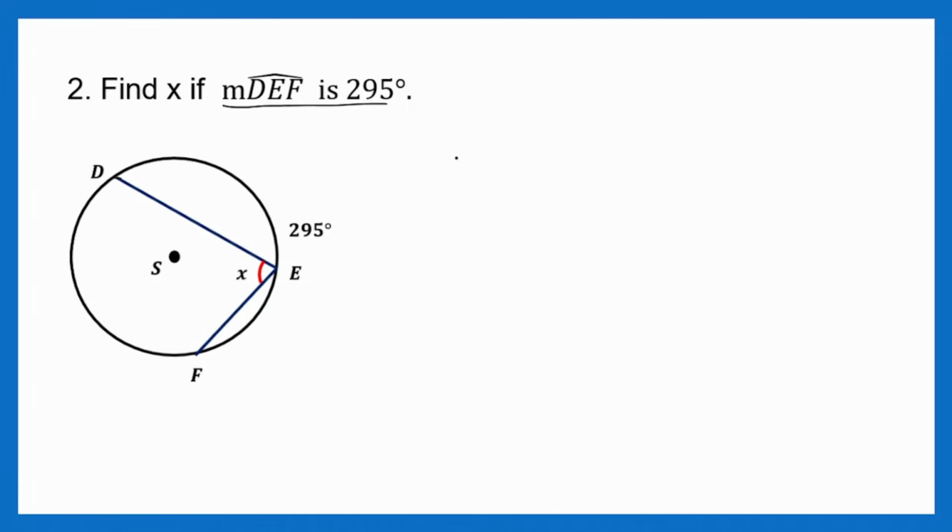Ito. So, ito yung magiging una natin. Ito yung solution natin. So, we have 360. Ito yung una mong gagawin, minus 295 degrees. The answer is what? 360 minus 295. Cannot be. Hingi ka sa 6, magiging 5. Naging 10, magiging 5. Hingi ka sa 3 kasi hindi na naman pwede. Magiging siyang 2. Carry 1, 15, 6, 65 degrees. Kasi ang 2 minus 2 is 0. So, we have 65 degrees. So, ibig sabihin, this part, yung DF, is just 65 degrees.